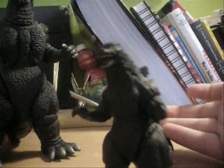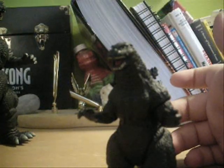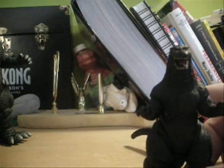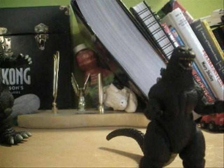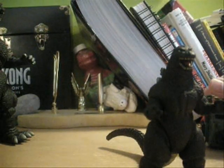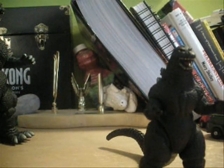Like I said, there's another one out there. It is 1989, and traditionally these things are sold in 2-packs. This guy was sold with a Mothra larva, if I'm correct. And the 1989 version was sold with Biollante in rose form. Anyway,